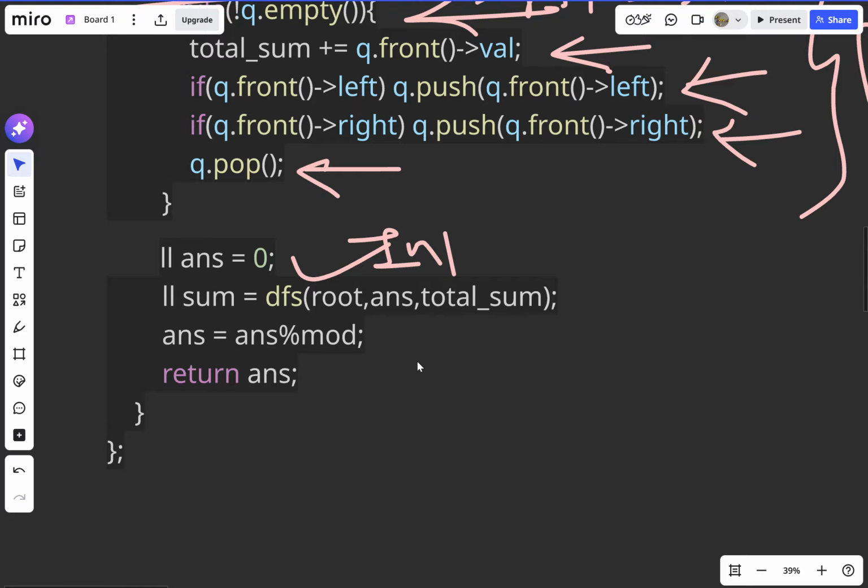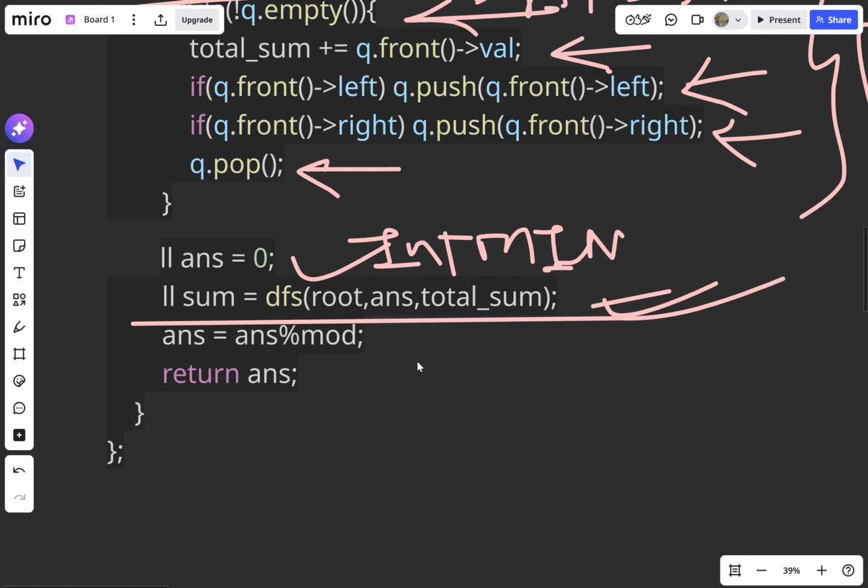Now we have to find the maximum, so we can take the answer as int minimum also. Okay, valid. Now sum is equal to DFS. So why have we taken this sum equal to DFS? This function only returns